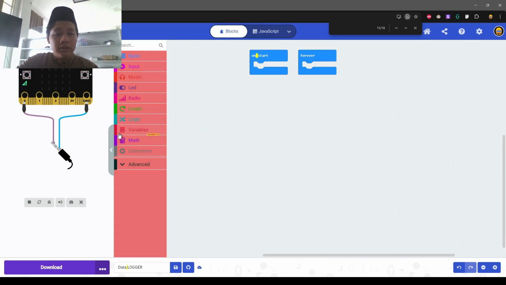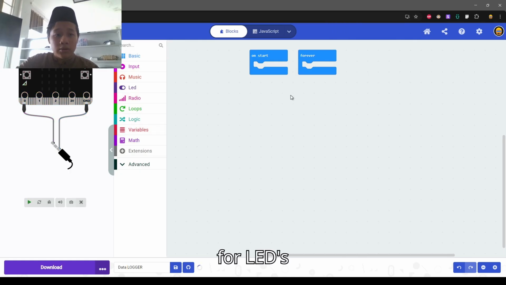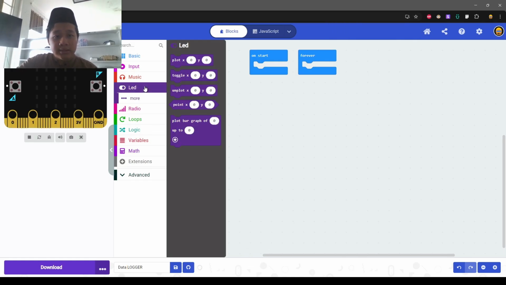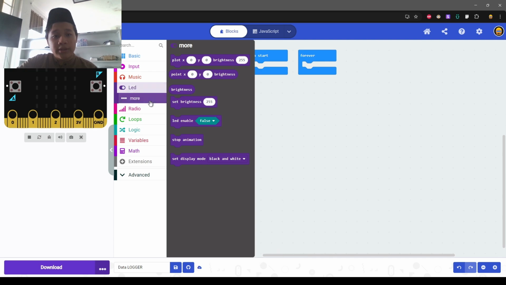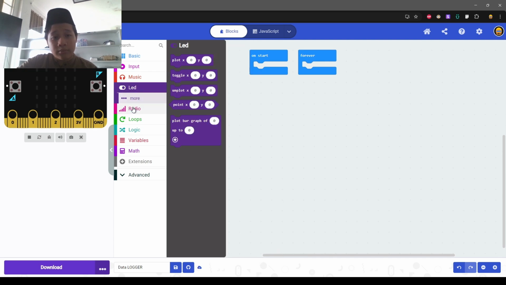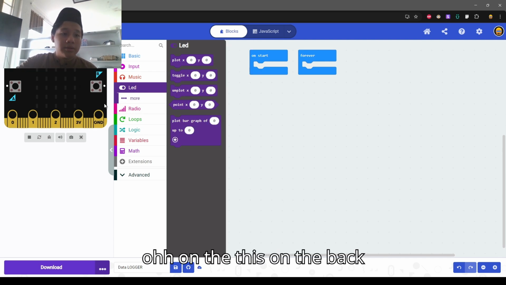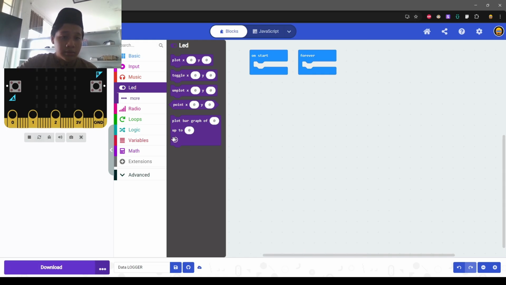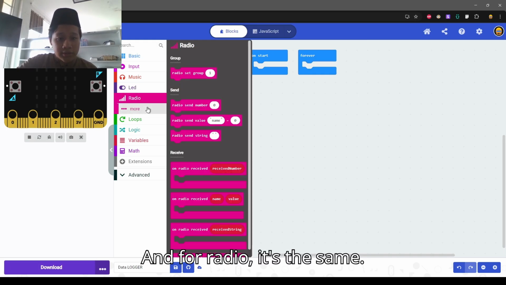And then for LEDs, it's just the LED on the back. And for radio it's the same.